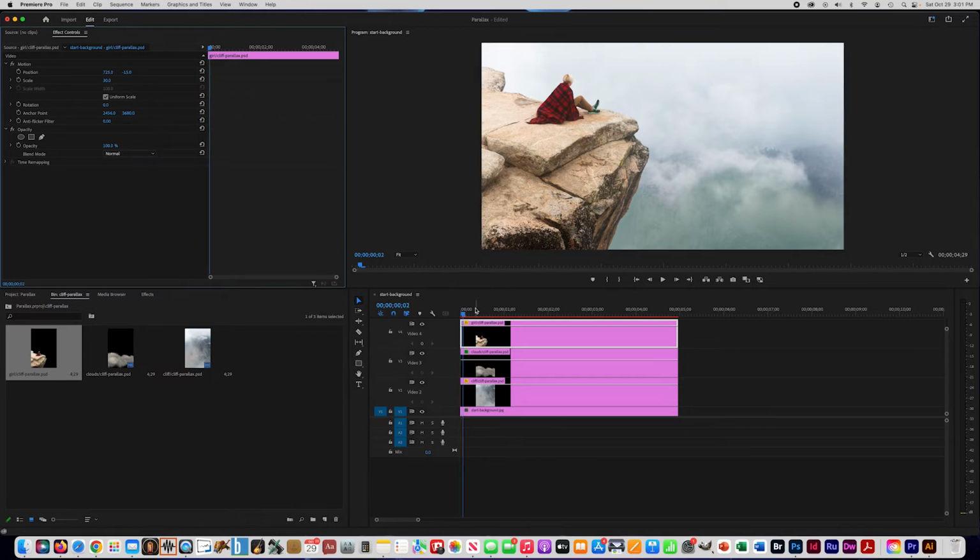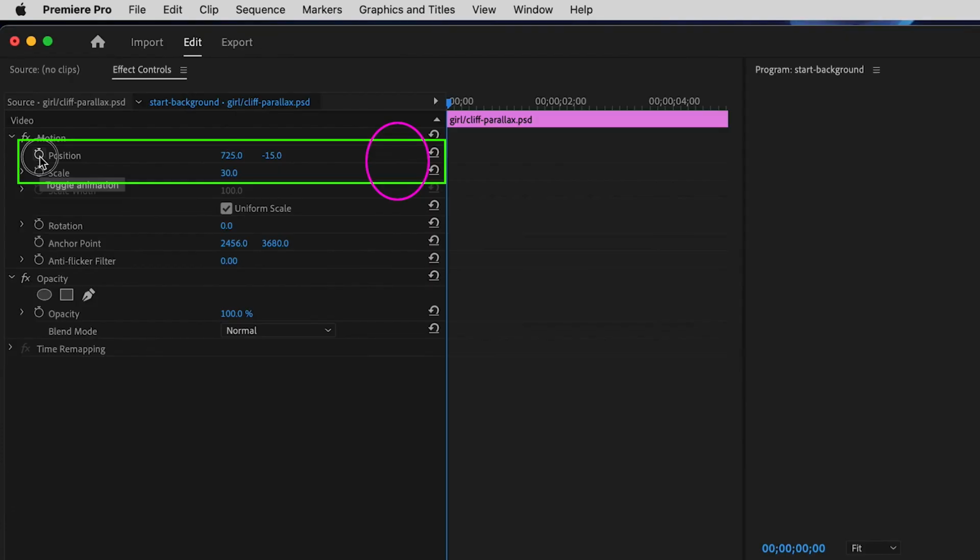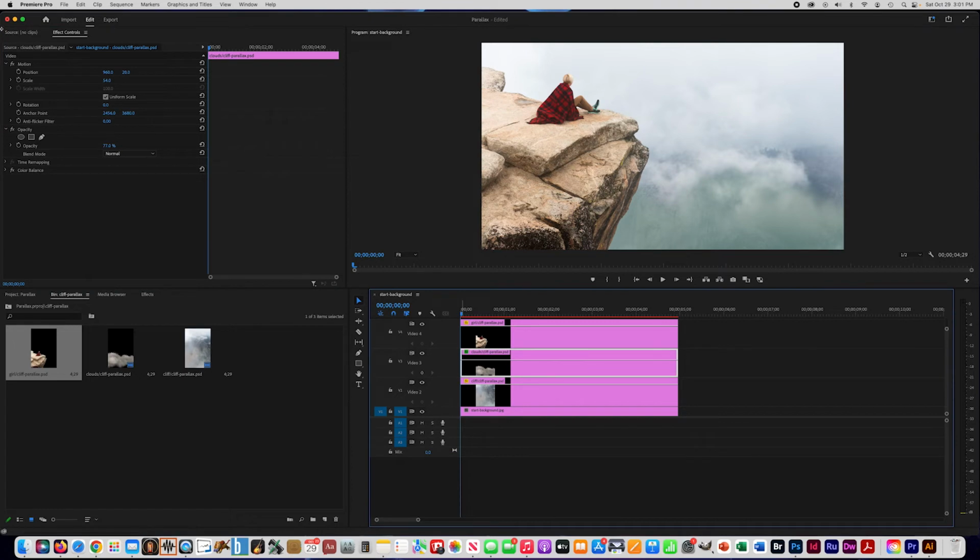So what you need to do first is rewind this all the way, and we need to put keyframes at the beginning so that we're telling Premiere we want it to start here. And we're going to be changing the position and the scale of all three of these layers. So go ahead and click on Position and Scale. You'll see that we have keyframes there now. Now let's go on the Clouds layer and click Position and Scale, and then on the cliff let's do Position and Scale. Alright, so we've set a starting point for what we want it to look like in the beginning,